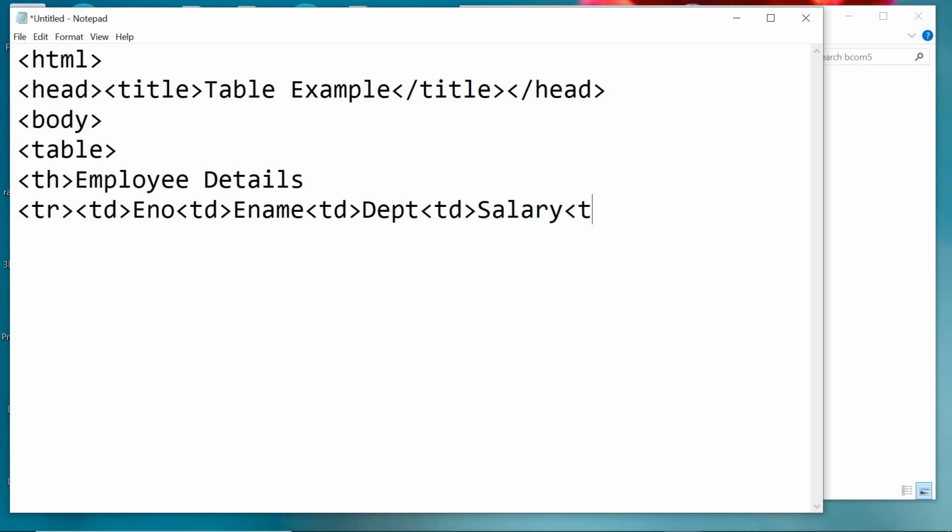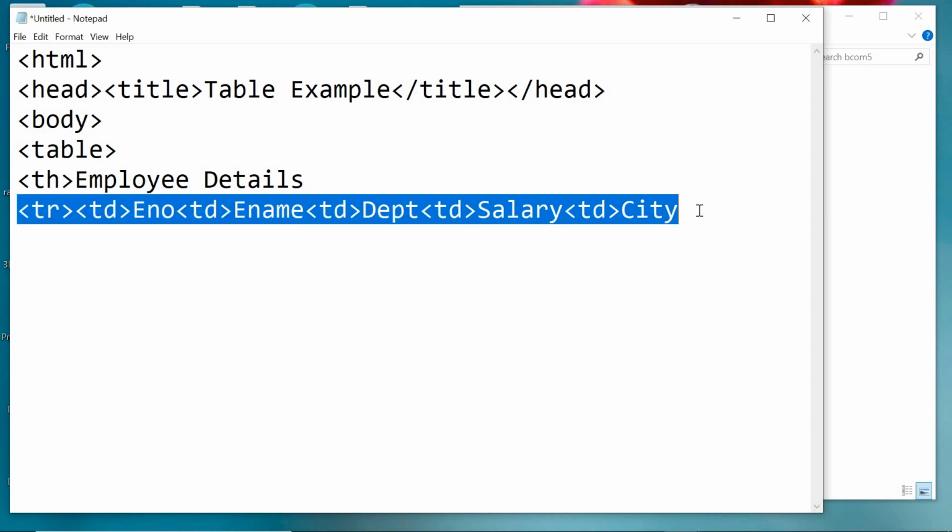The last one is city. Later, closing of tr tag is optional. This completes one row where we have provided column headings: employee number, employee name, department, salary and then city.